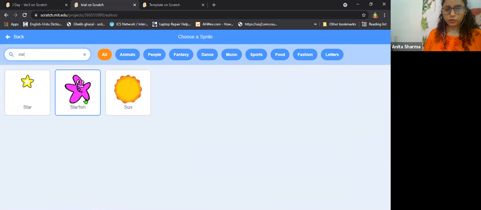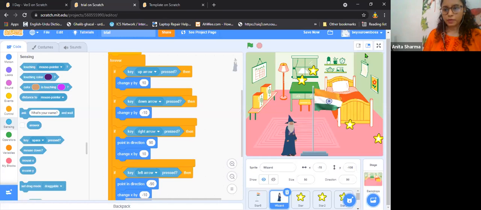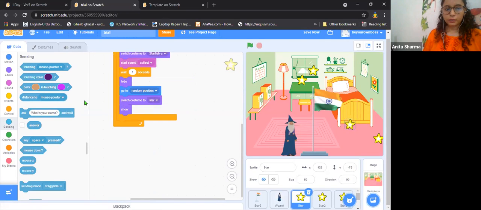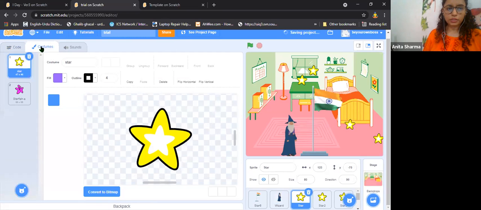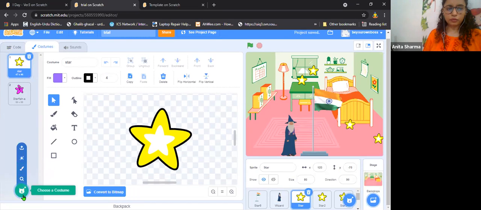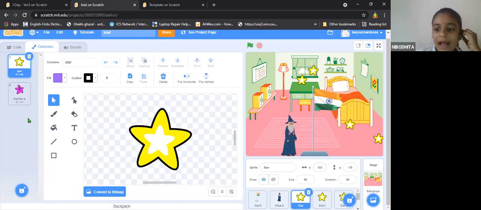Fine. So at the same time, you can click on both. But if you click on both, what will happen? You will be getting two different sprites, right? So be careful. You need to go in the star, then in costumes. And if you pick from here, you will get another costume of the star. Understood? Okay, is that clear? Yes.